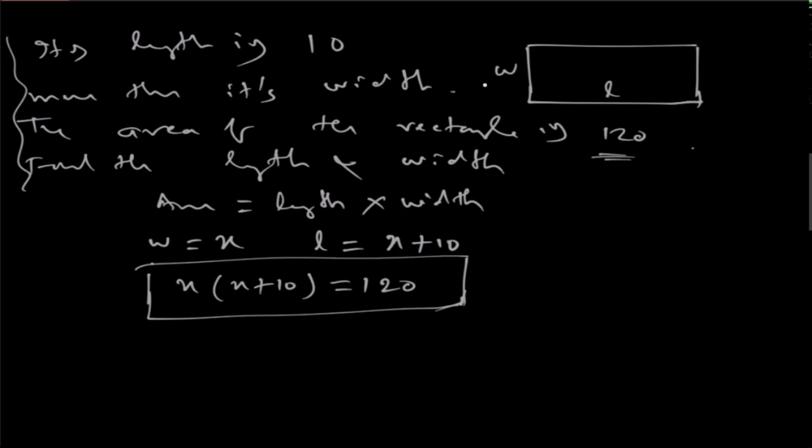Here we can find x, and if x is found, then that is the width, and from that the length will be found. Here I have taken W as x, but you can take L as x, so W will be x minus 10, and similarly we will get the value. The value will always be the same whether you take this as x or that as x. This is the basic principle of forming the equation and solving it. We will do more next time.